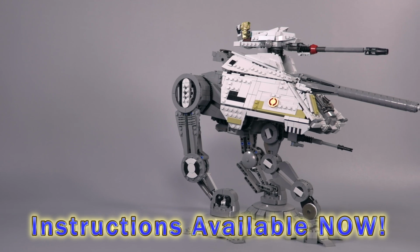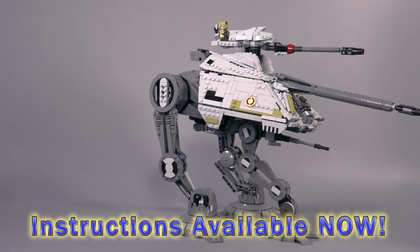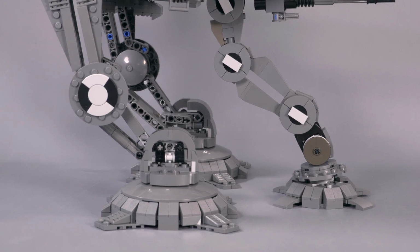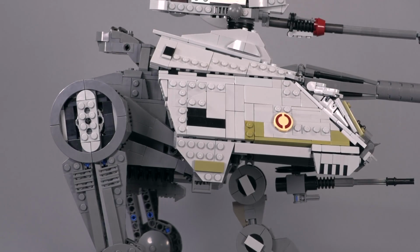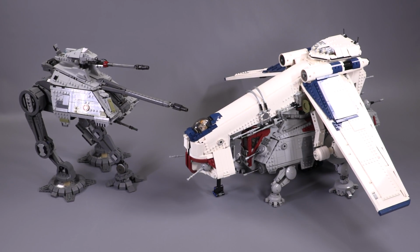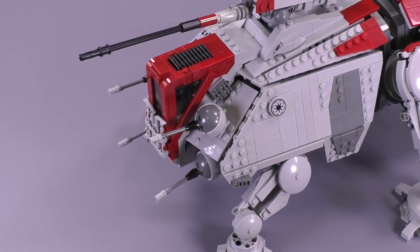Today I get to present to you an amazing LEGO Star Wars creation. This is the AT-AP, the All-Terrain Attack Pod, designed by David Buckles. That's the same guy that put together the AT-TE, and interestingly enough within the Star Wars universe, not only is the AT-AP sort of based on the AT-TE design, you can kind of see that with the shape of the